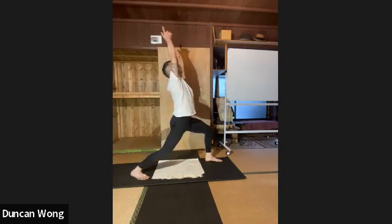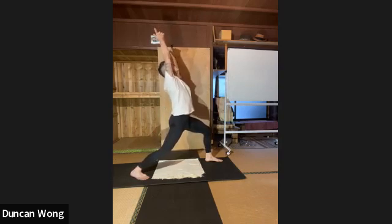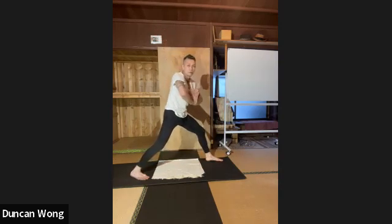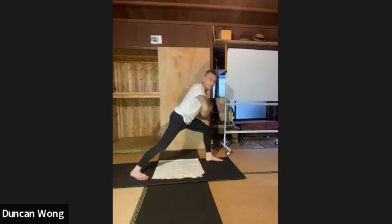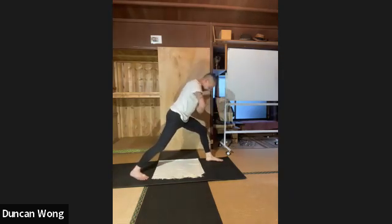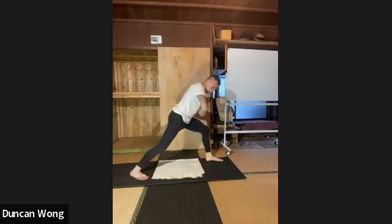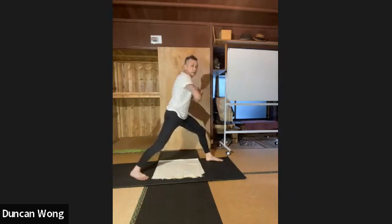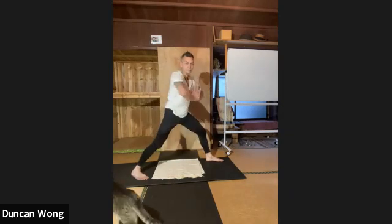the thumb for 5, 4, 3, 2, 1. Prayer down, push strong palm and lunge forward for 5, 4, 3, 2, 1. And X, press back for